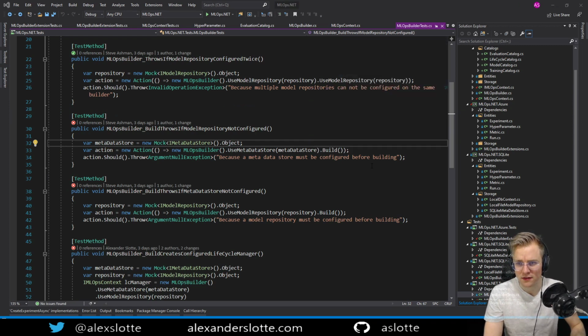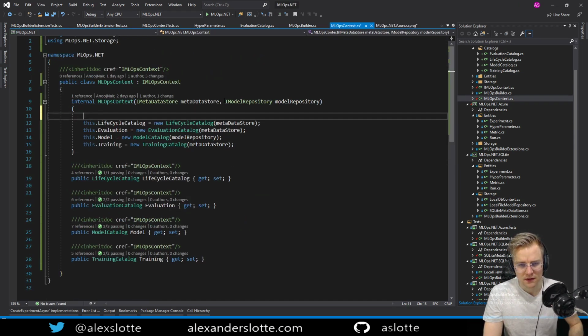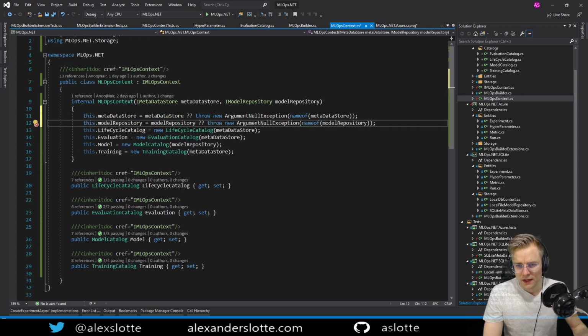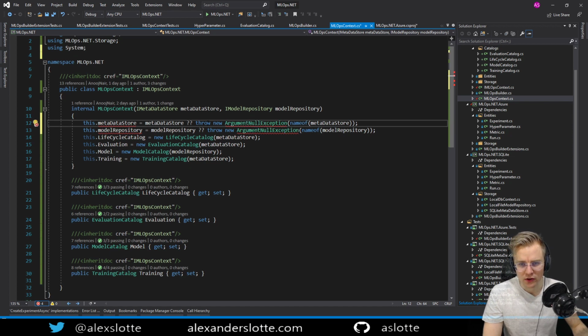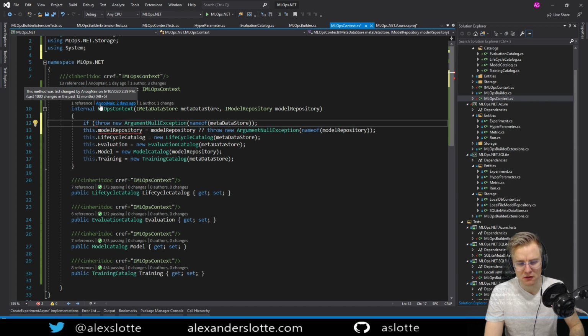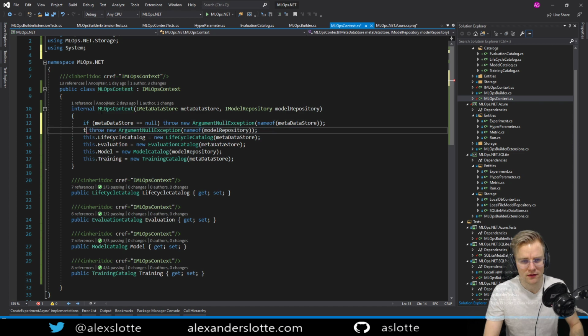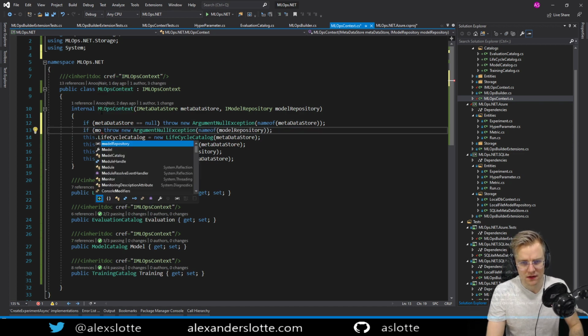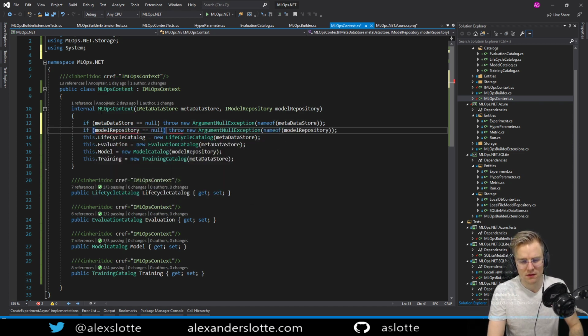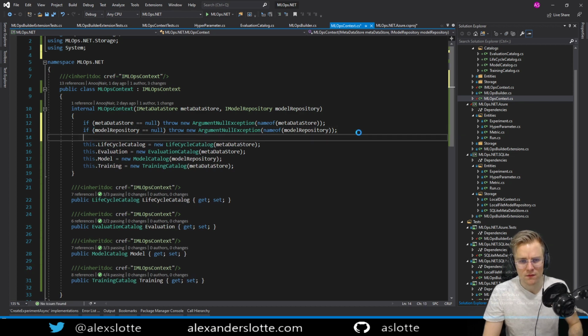MLOpsContext. And we honestly just need to check if they're null or not. We don't need to store these anywhere, so if we'll just do this simple check here and be on our way here. Okay, good.